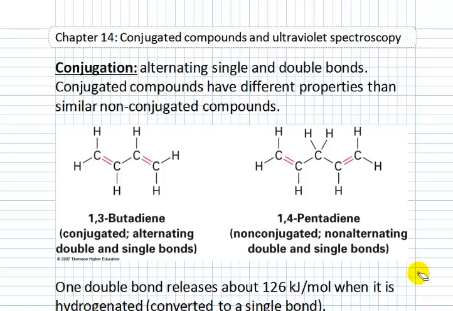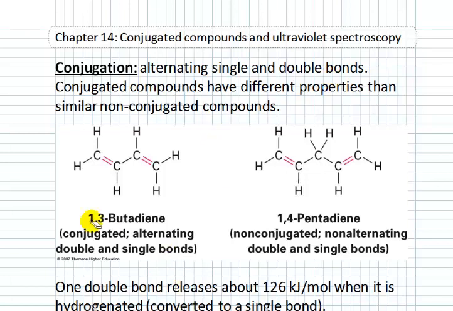Hi, this is our Chapter 14 lecture on conjugated compounds and UV spectroscopy. We've mentioned conjugation a couple of times in the past, but we'll be talking about it in detail in this chapter anyway. It's when we have alternating single and double bonds within a molecule. So double, single, double, right in order like that. And when we have that pattern of bonding, we end up with a compound that has different properties than similar